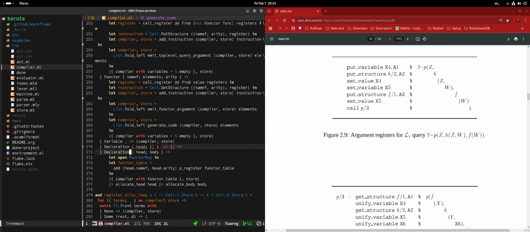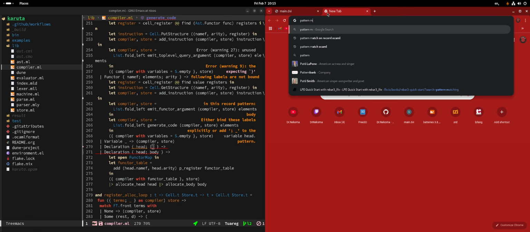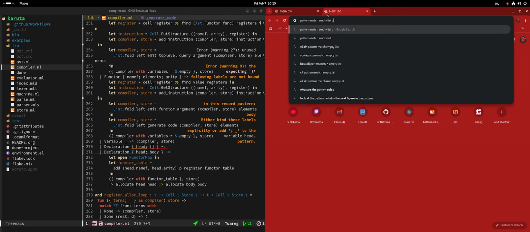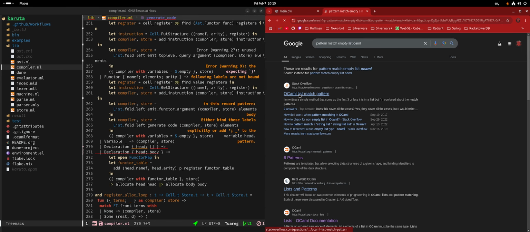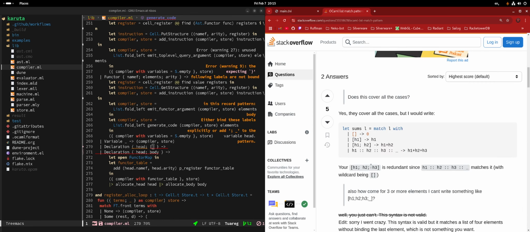Oops, that's also not what I want. Like this, but I don't think that's how you do empty stuff on List.empty maybe or something. Better match empty list or OCaml. No, wait. This is the question.